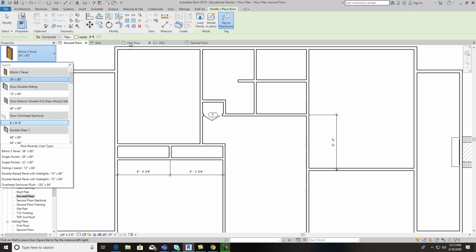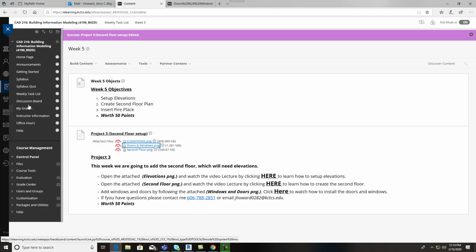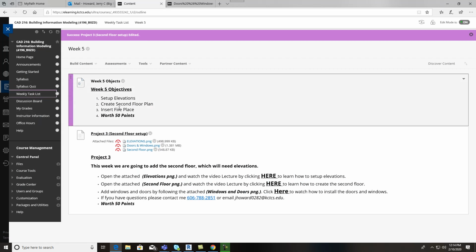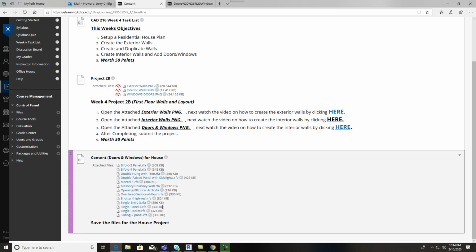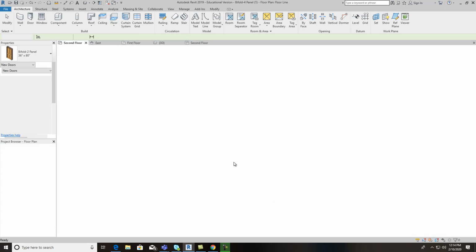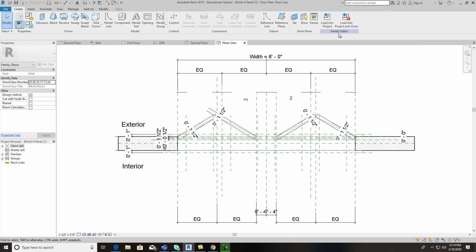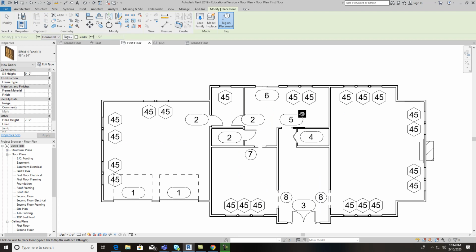I could load family and find it, but I think we'll have to go back to week 4 to get to that. I've got it loaded up right here, bifold, and I'll just open that up, and then load into project and close. And these two are 72 by 80, so I go to second floor,